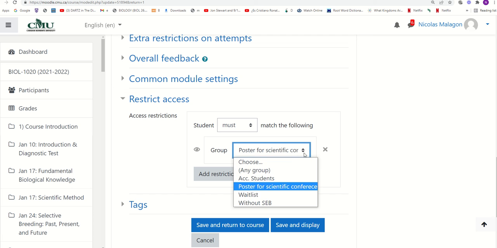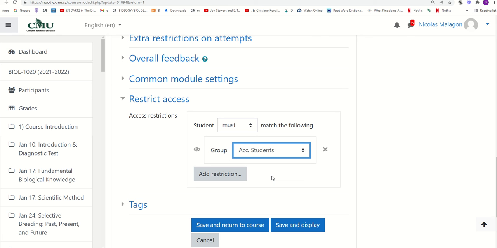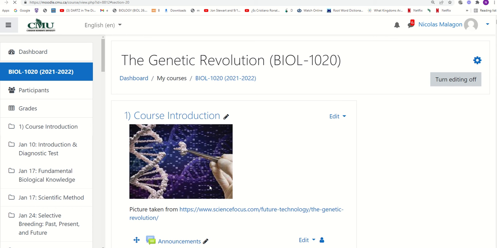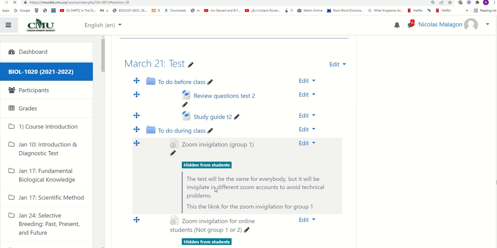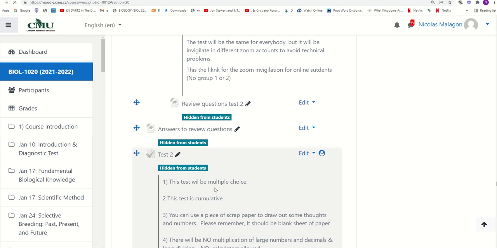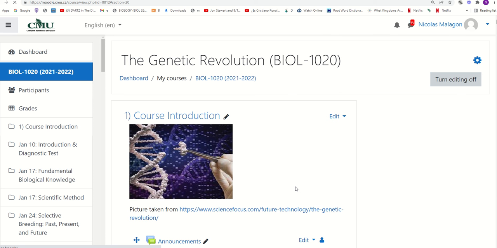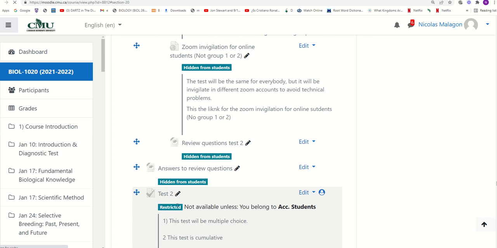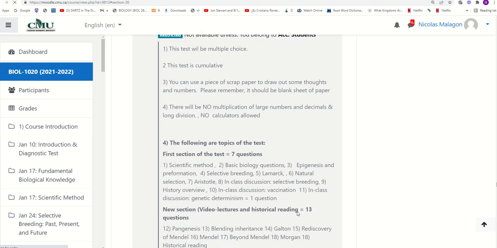And then after you're done with that, you go here for restrict access, and now only allow students that belong to the group of accessibility students. And now you save it, and that's all. The students now, there will be two groups of students taking the test. So now, if I show this during the test time, that test, if you see here, will be restricted to the accessibility students, while the other one,